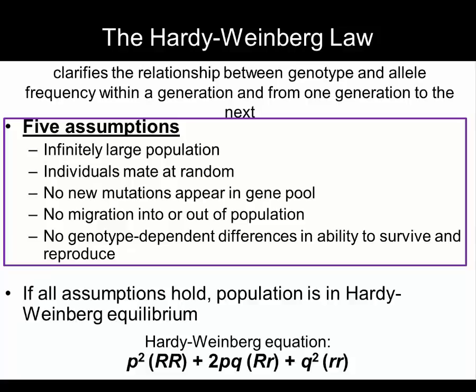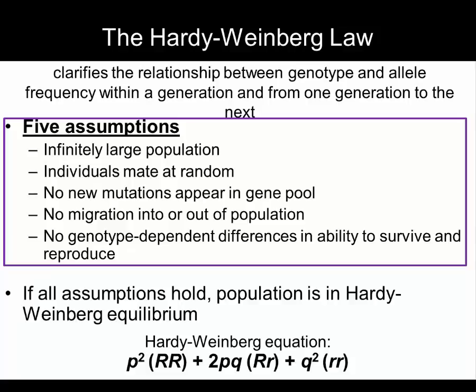The problem is, they never actually hold. You may be surprised to learn that many real-world populations do in fact have fewer than infinite individuals. We also talked before about how the mutation rate will never be 0. Additionally, mating usually isn't random, migration tends to occur unless geography prevents it, and selective pressures will always favor some genotypes over others. Minor violations of these assumptions are not a big problem. For instance, Hardy-Weinberg equilibrium is a good model for a very large population, even though it's still finite.